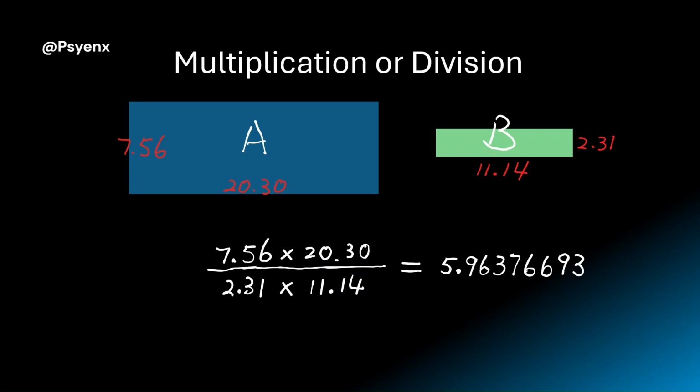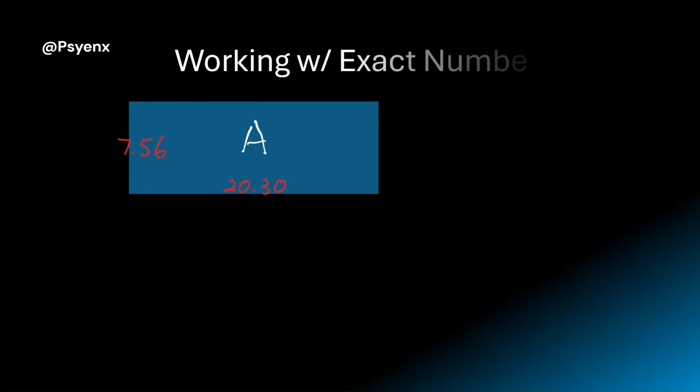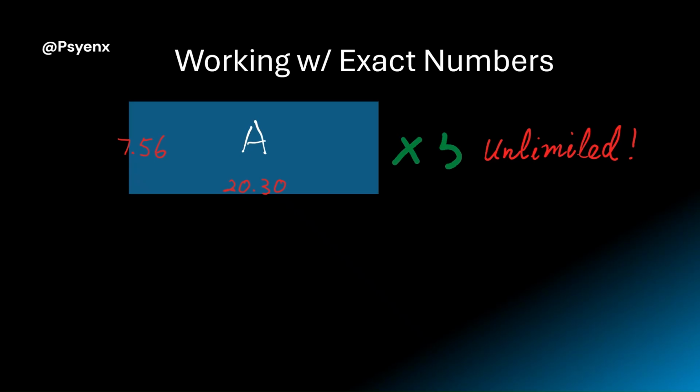5.963766993. For significant figure count, 7.56 and 2.31 each have three significant figures, 20.30 and 11.14 each have 4. Since the fewest count is 3, we round the result to 5.96. Exact numbers, often obtained by counting or definition, are considered to have an unlimited number of significant figures because all the digits are certain. In the example of rectangle A, to find the total area of 5 identical units, we